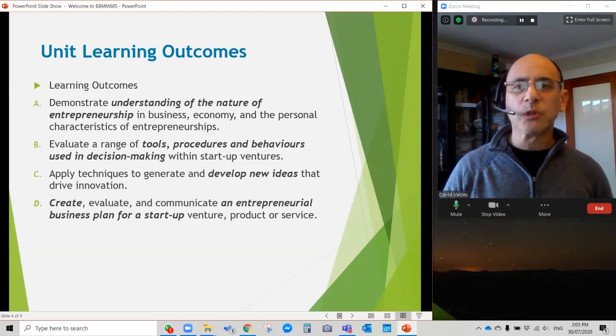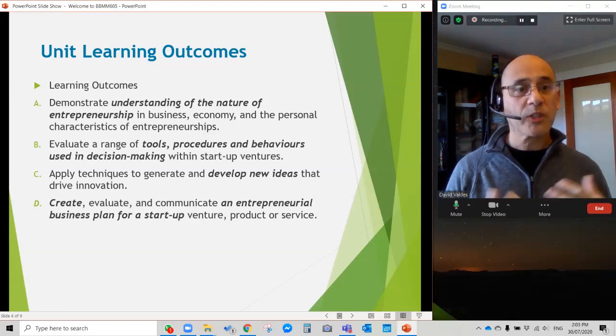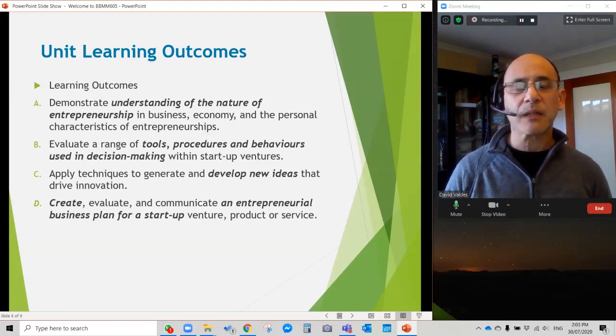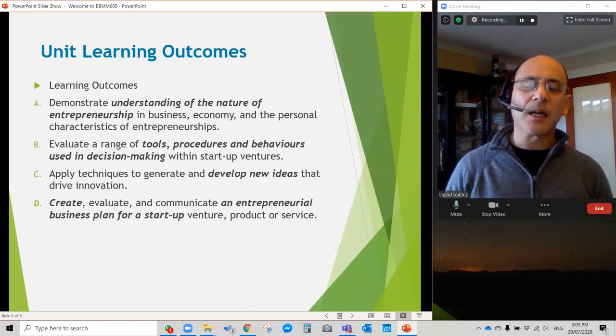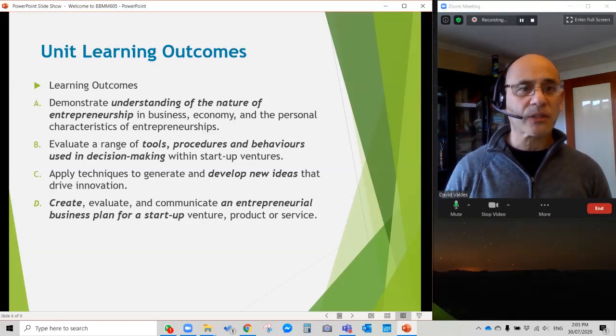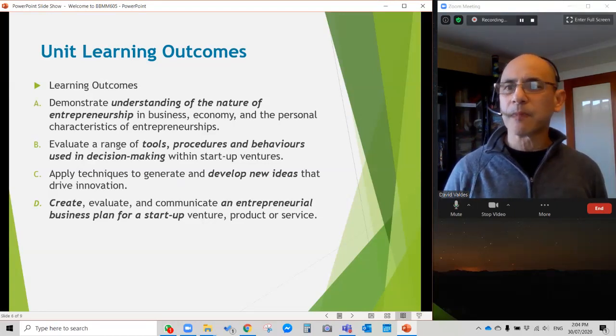So entrepreneurs can also be small businessmen. They start just a small business, but it can also be a big business, like in the case of Elon Musk, who is the entrepreneur behind Tesla, the electric car company that's doing very well these days.